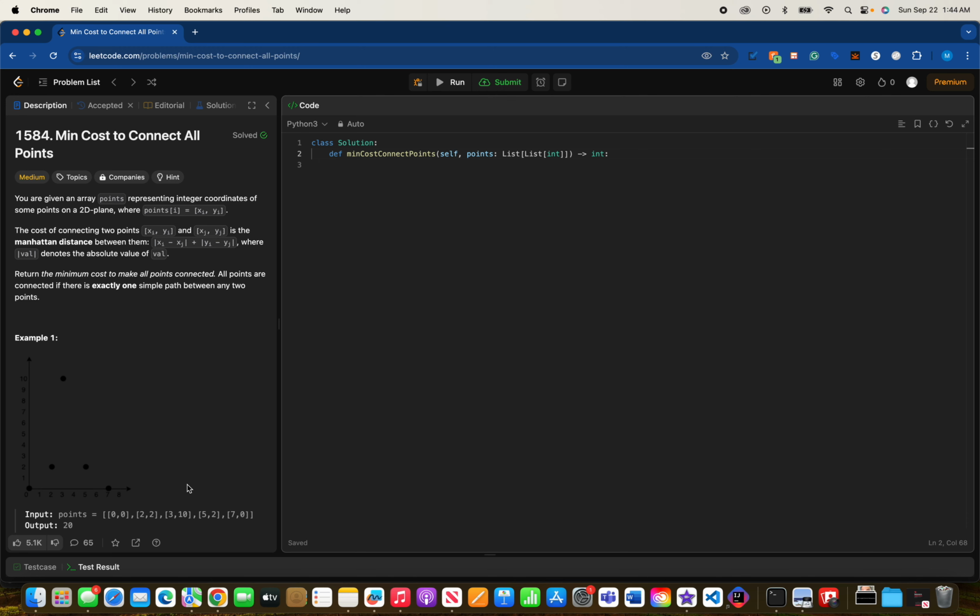Minimum cost to connect all points. You are given an array points representing integer coordinates of some points on a 2D plane, where points[i] equals xi and yi. The cost of connecting two points xi, yi and xj, yj is the Manhattan distance between them,